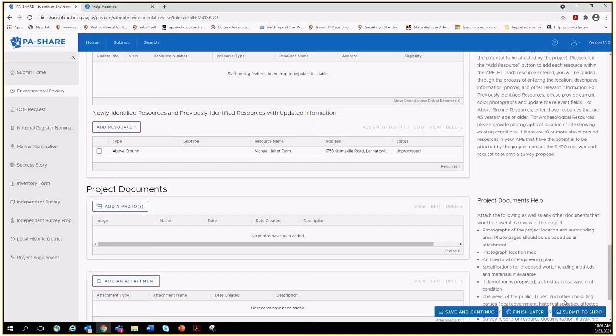Okay. All right, so when I go back out to the screen, instead of saying partial, it now says unprocessed. So that means it's ready to be submitted. It has adequate information, it just hasn't been processed. If it said partial, when you went down to submit to the SHPO, it would not allow you to do that, okay? So you gotta make sure we have an unprocessed status